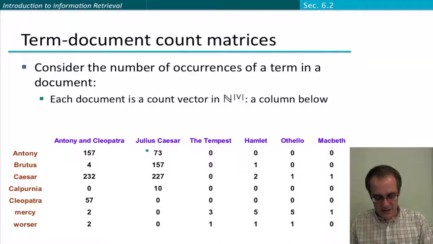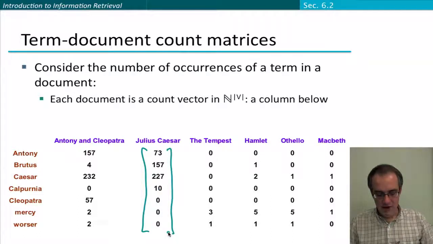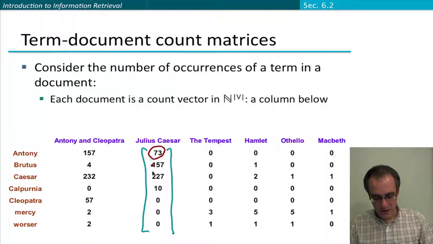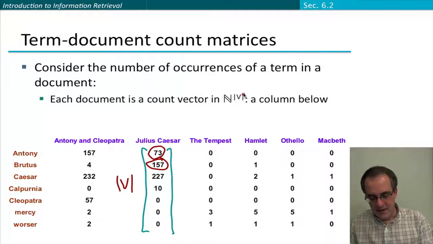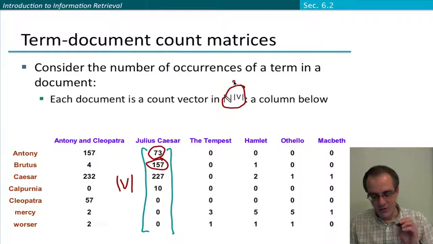So now we still have a vector for each document, but rather than simply putting 1s and 0s in it, we're putting in the number of times the word occurs in the document. So we've still got a vector of size the vocabulary, but it's now a vector in the natural number vector